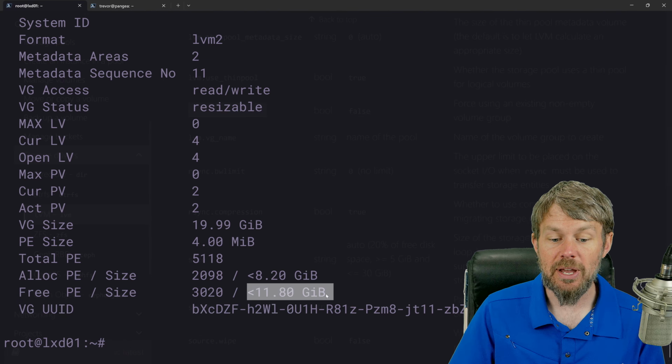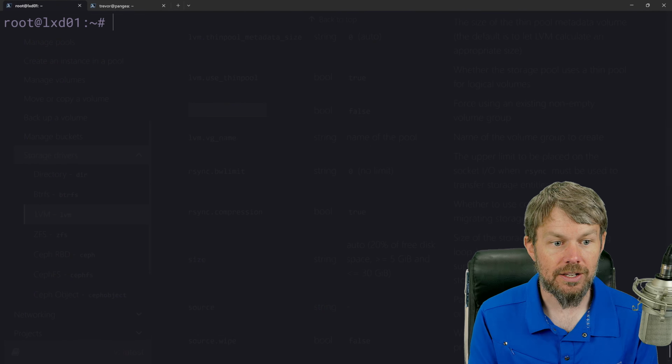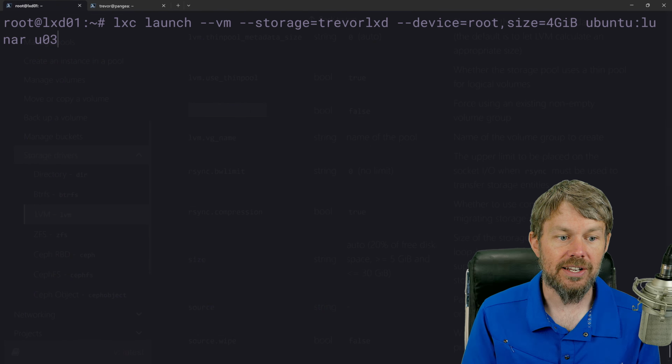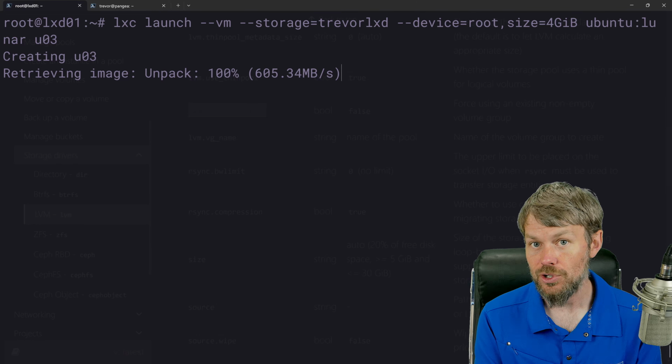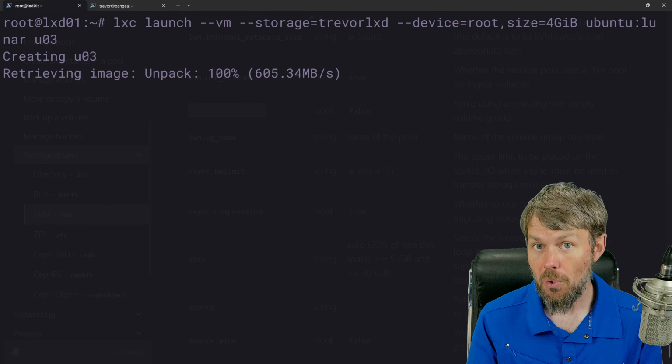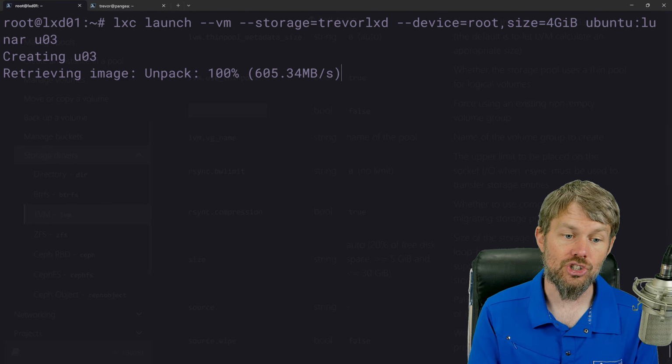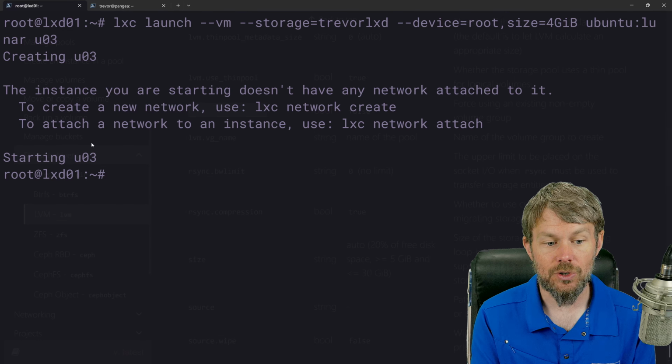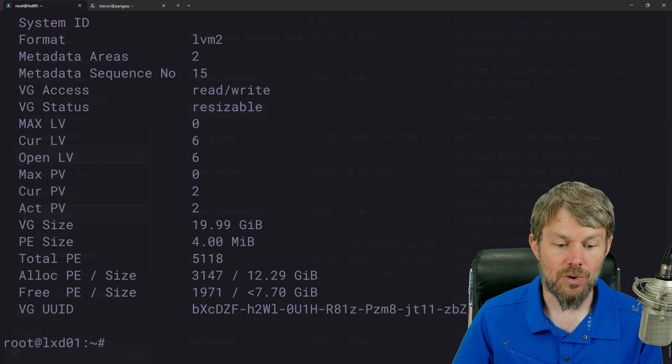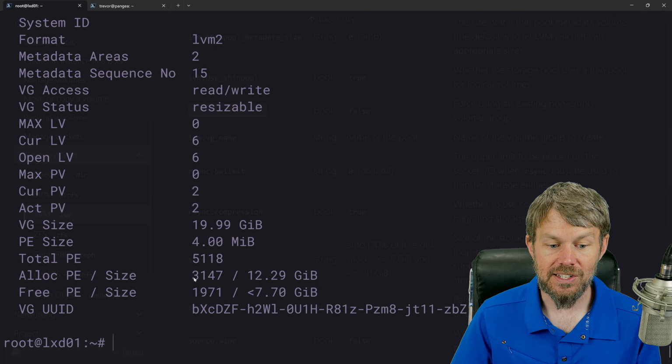So if we try to launch another virtual machine on our host right here, let's go ahead and rerun this command to create virtual machine u03. We should have enough free storage to create that virtual machine, as well as even a fourth virtual machine if we wanted to. This is just unpacking, and as you can see, we were successfully able to create this virtual machine. And so now our storage is exceeding 10 gigabytes of allocated space. Now we're up to about 12.3 gigabytes of used space,